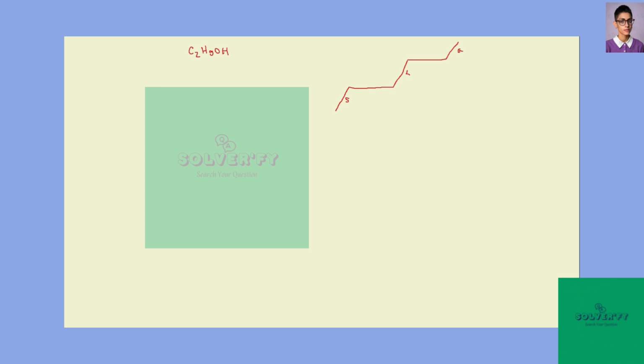And they tell you that you have 42.0 grams of your ethanol. And it tells you that the melting point, so right here, is at negative 114 degrees Celsius. And your boiling point is at 78 degrees Celsius. That's right here. Your delta H of fusion, which would go right here, is equal to 5.02 kilojoules per mole. And the enthalpy of vaporization, which is going to go up here, is